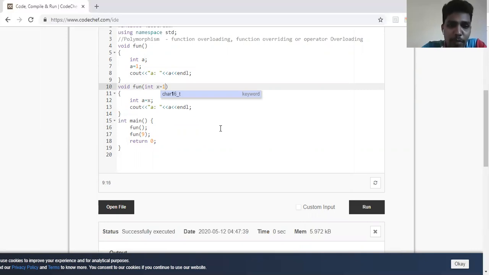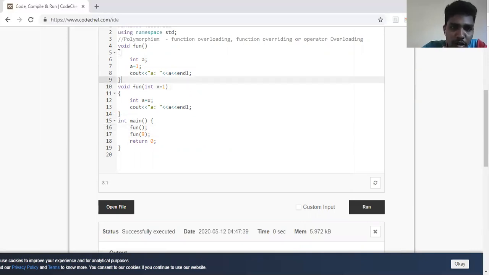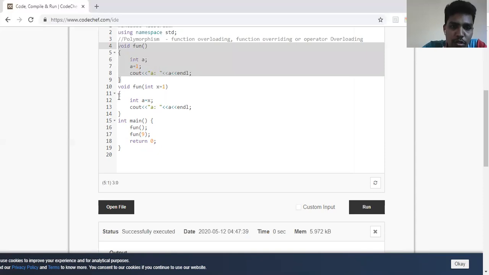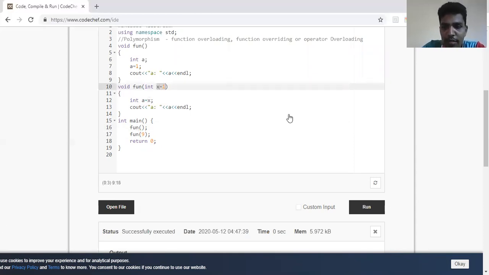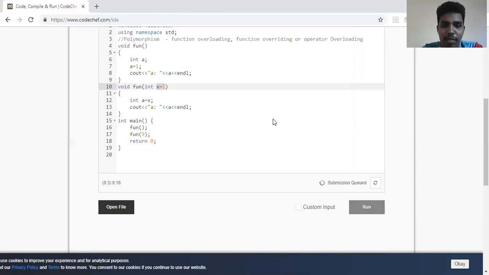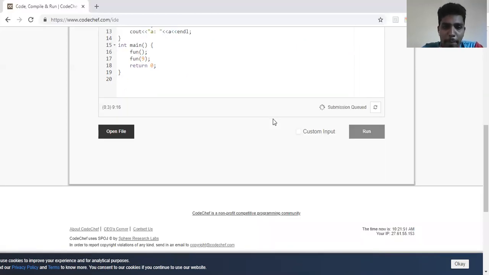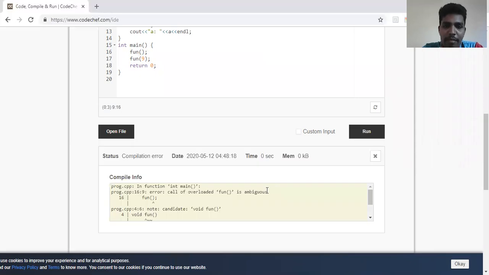Now it is confused because this call can go to the first version and can also go to the second version, because if you don't pass any argument, it considers the argument value as 1. So this creates a confusion, and the compiler says it's in an ambiguous state.